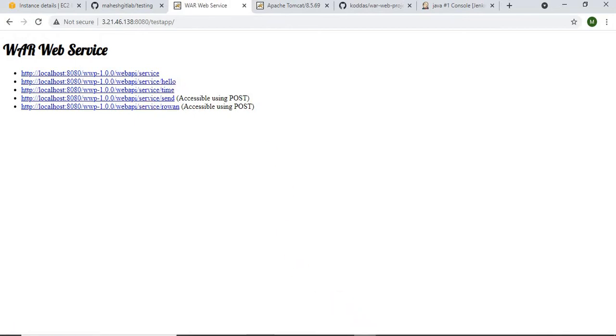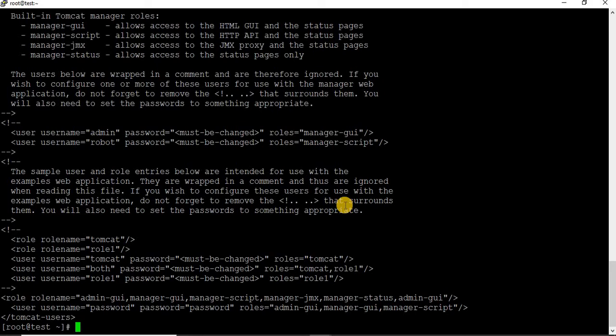Now let us move to the next step. What is the next step? We have done continuous downloading, we have done continuous build, and we have seen continuous deployment into the testing environment. Now we have to do the testing. See, actually, leave aside DevOps, Jenkins and automation. In general, how does testing happen? Once the developer gives the code, once we get the artifact from the team, we need to deploy it on an application server. Like we saw in the previous session, we deployed the calendar application on the Tomcat server. In the same way we have to deploy it in the testing environment. Remember, we have to deploy first in testing.